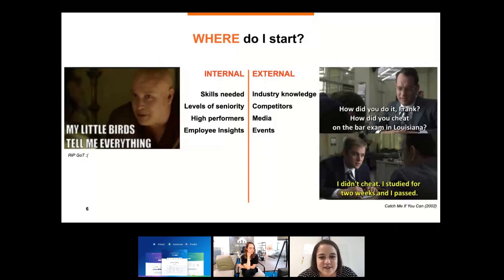Then we're going to look externally. Again, like I mentioned with the industry knowledge, for example, I'm working in customer fulfillment. So our environment is very similar to Amazon. They're selling a huge assortment of things, but have their own logistics and warehousing setup. So I want to know what's happening at that company. What are they doing that is so innovative, that is attracting potential candidates, and what employee value proposition can we then focus on to attract potential profiles to our company instead?